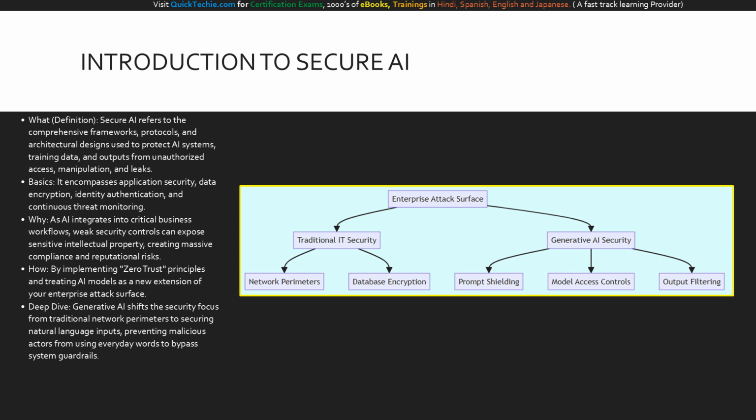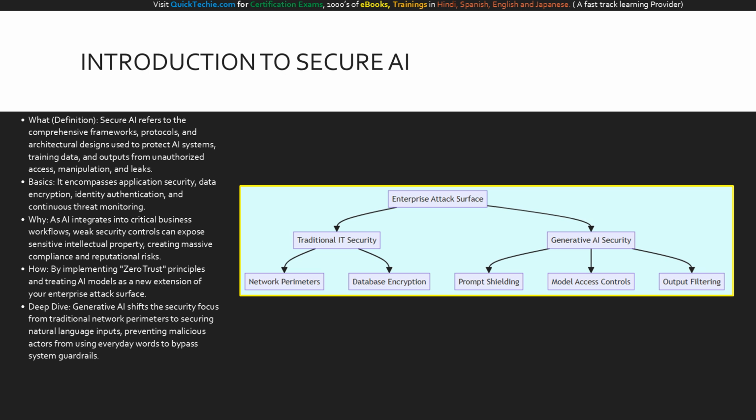For our deep dive, we must recognize that generative AI fundamentally expands your attack surface. We are no longer just securing servers and databases. We must now secure natural language. Attackers can use plain English to attempt to manipulate the AI, meaning our security posture must evolve to understand and filter these conversational threats. Let's take a look at the flowchart on your screen, which visualizes the evolution of the